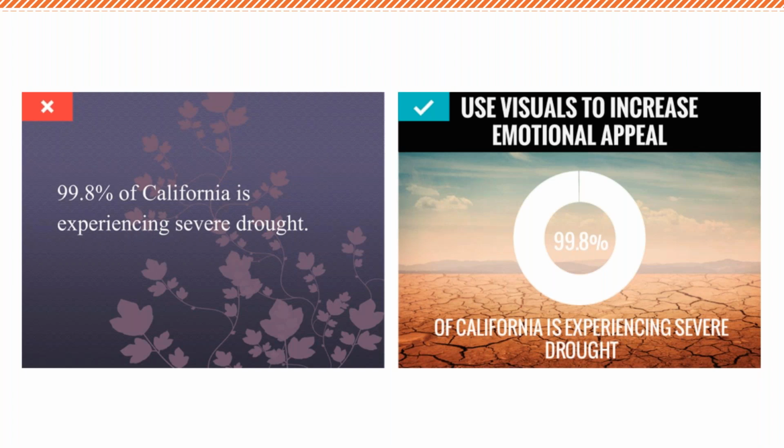And like I said, this also applies to presentations mainly outside of the class, but I have students do this a lot where they're trying to persuade a group, or they're trying to just make a huge impact on the audience members. So for example, they would have just the numbers 99.8% on the screen as big numbers. And then the audience members are looking at it and questioning, I wonder what 99.8% is. And then the speaker comes in and explains it.